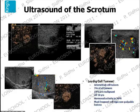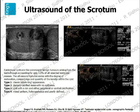But these tumors tend to vascularize very quickly on the ultrasound examination, and you can pick up an area of vascularity there. Now, what would be important here is that if you were looking at this incidental tumor and it didn't vascularize, it could be a Leydig cell or other cell tumor. It's looking at tumors with no